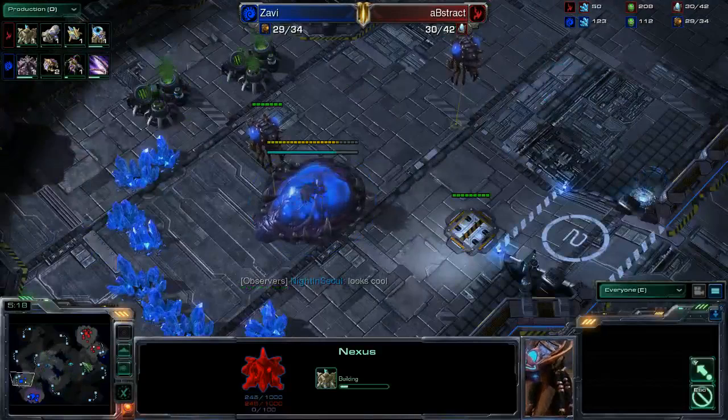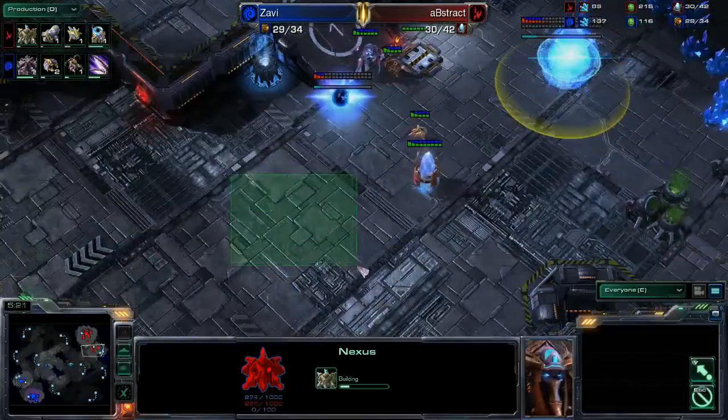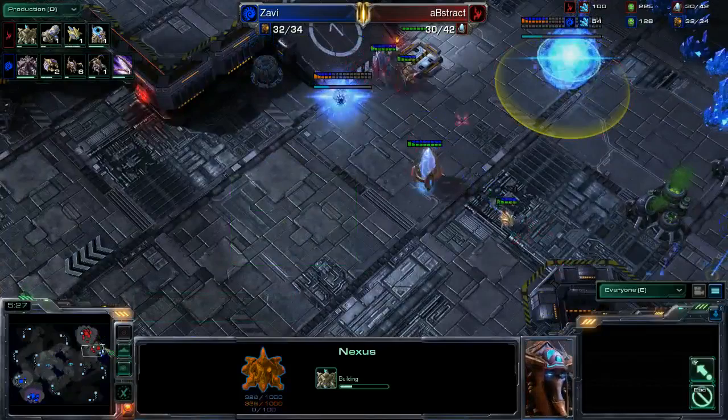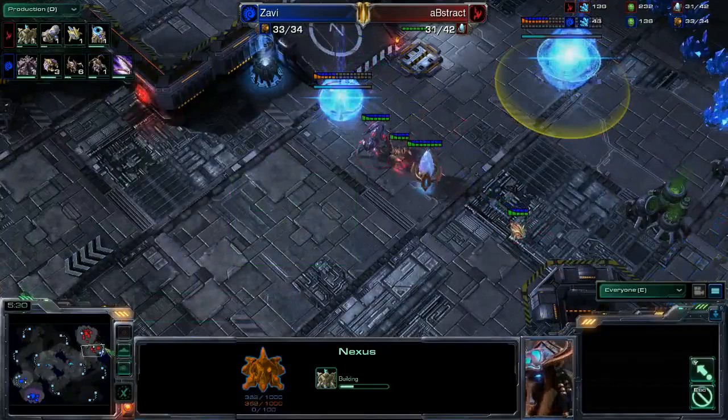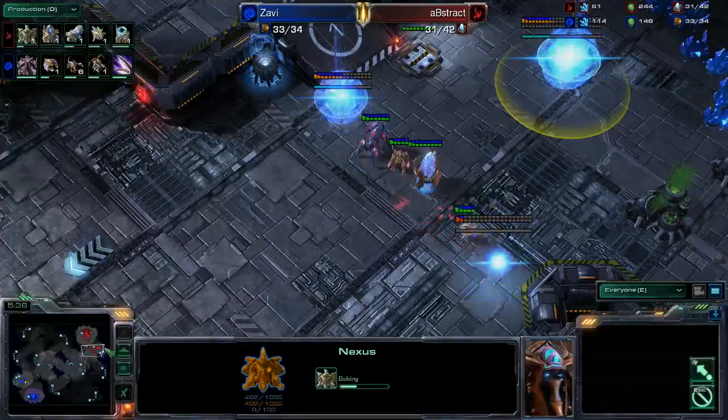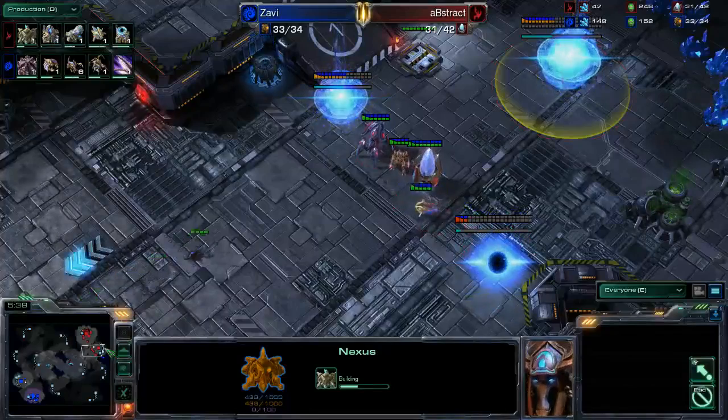Take 2 Xel'Nagas, 1 to stay at the front of the base, and then 1 to go search for proxy pylons, because taking that proxy pylon out really cuts the power of a 2-base all-in. Not a whole amount, but it definitely helps you if you can get the proxy pylon to be a little later